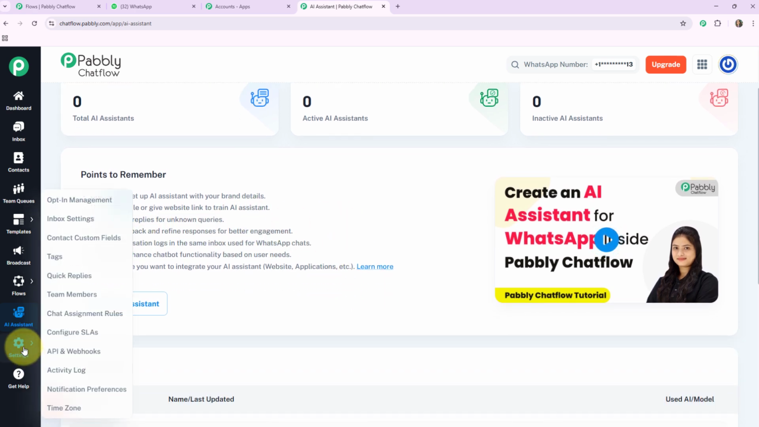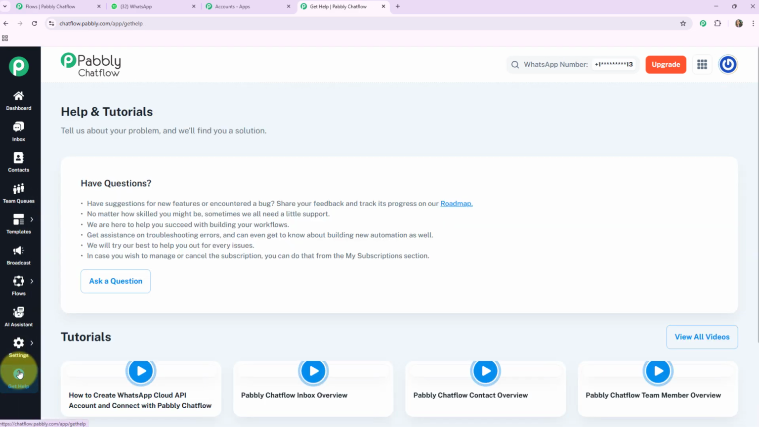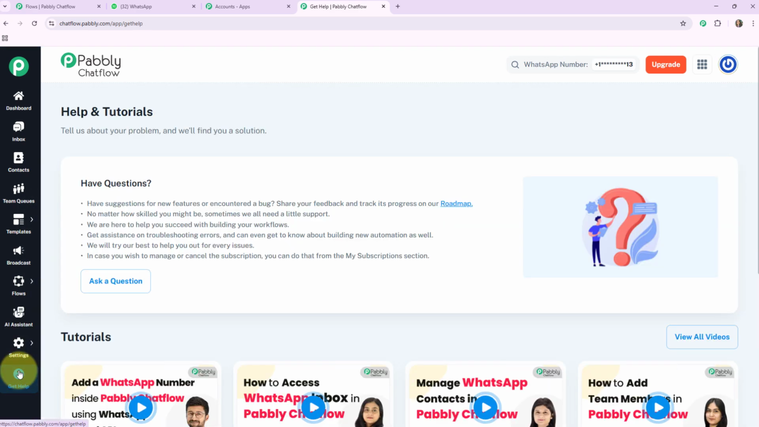The ninth one is the settings, where you can manage your accounts, team members, integration, API keys, etc. The 10th one is the get help, in which you can tell us about your problem and we will find you a solution. As we are creating a WhatsApp chatbot with the help of Pabbly Chatflow builder, I'll click